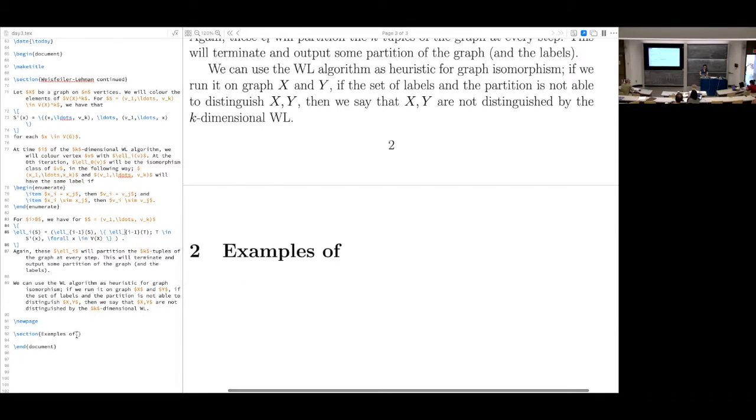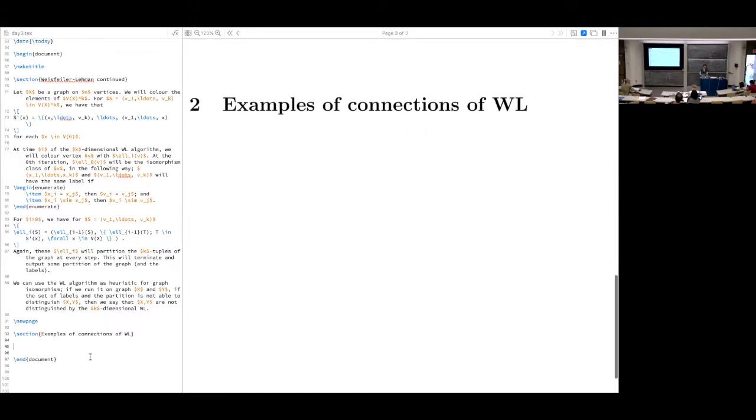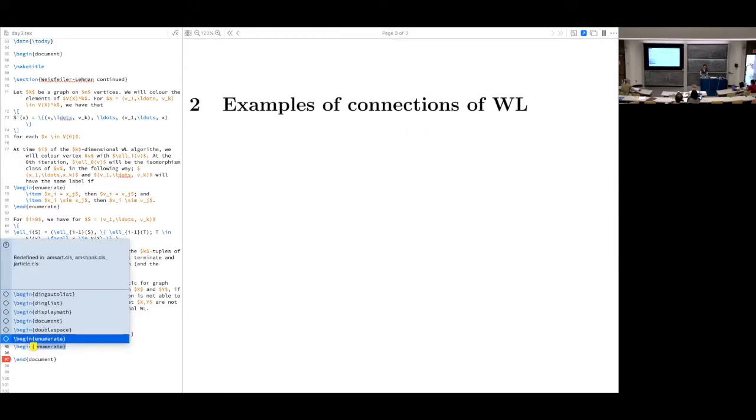Okay, so examples of connections to Weisfeiler-Lehman, and we will give two. So first is this theorem of Lovász,